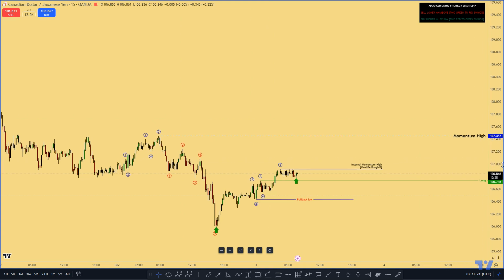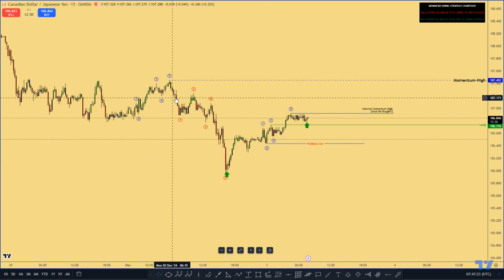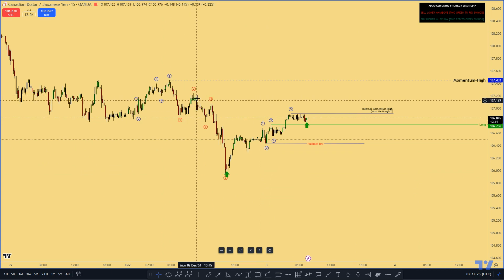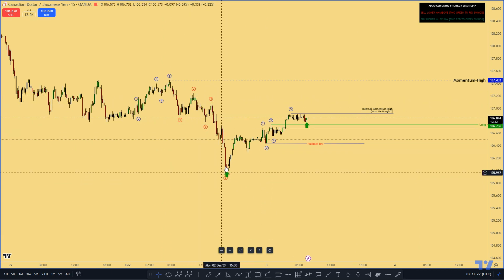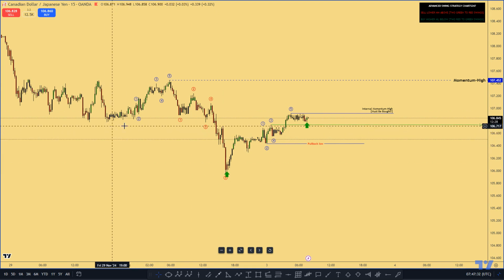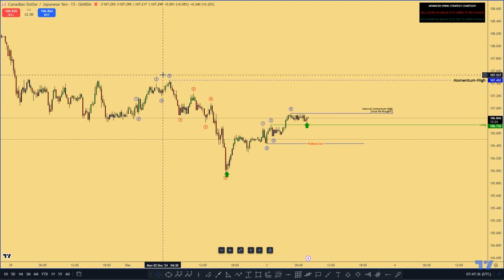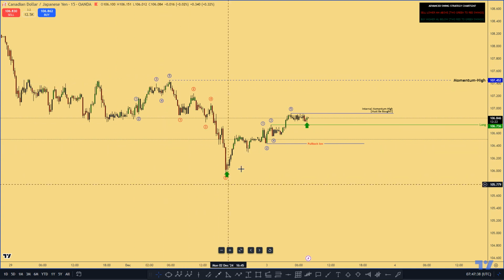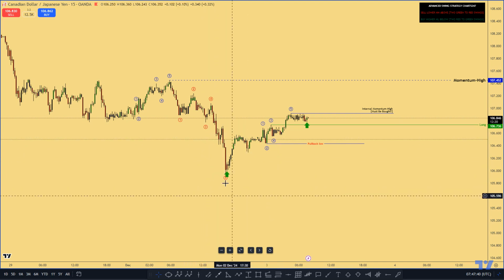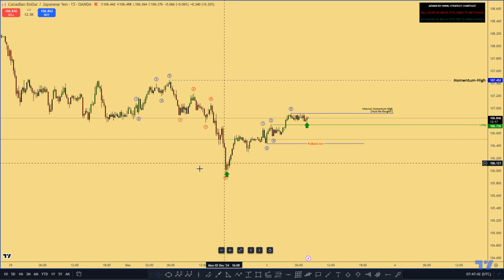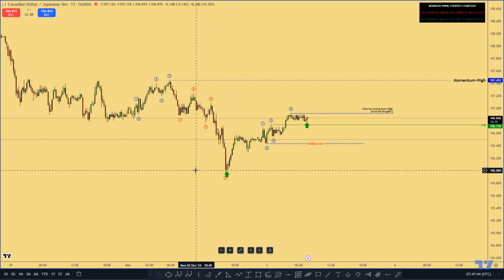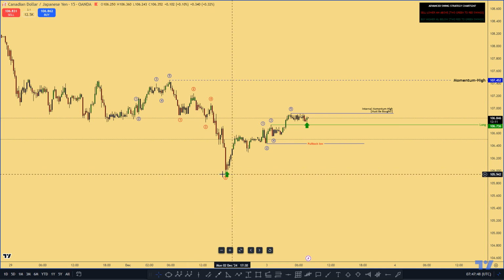Then eventually price broke down the 4, came back 2, 3, 4, 5, gave us an extended move to the downside. Normally, when this happens at the low, especially after a bullish completed wave structure, that is significant. And immediately you can see how the velocity in price, the way the price moved, began to